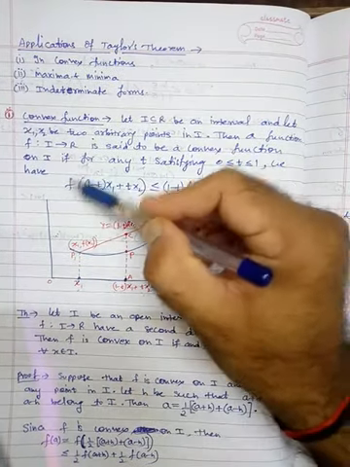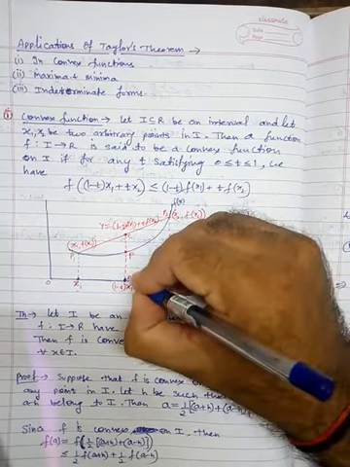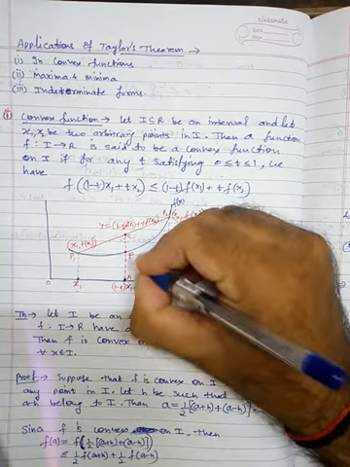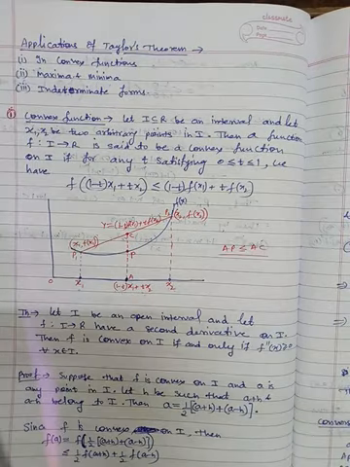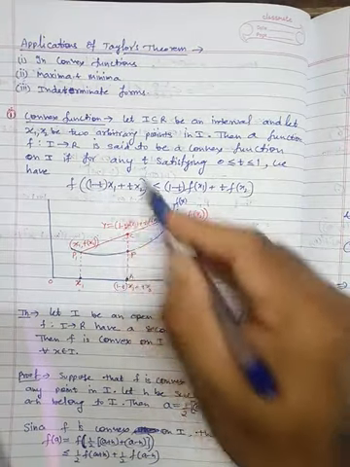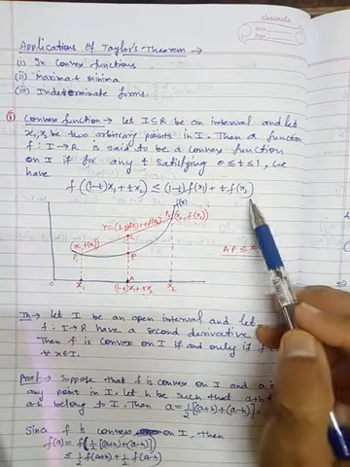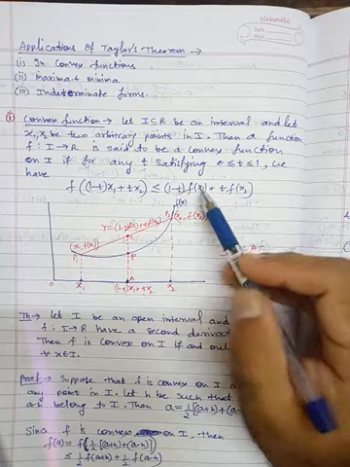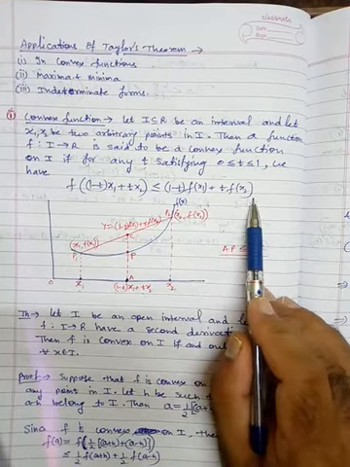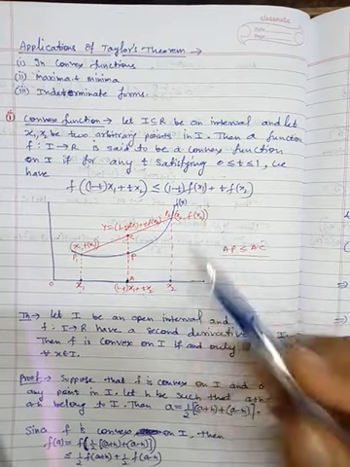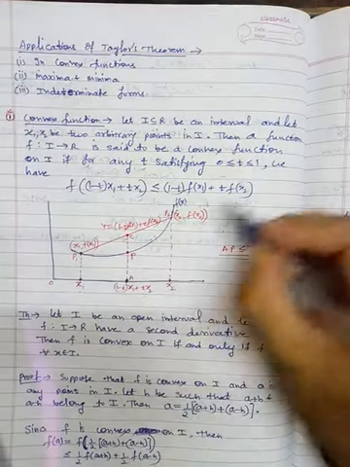Now on this line we have selected a random point and evaluated its image under f. The image under f will be this PA, so the left hand side is actually AP. Now what about the right hand side? Same concept. This is the linear combination of f of x1 and f of x2. What is f of x1? It is this height. What is f of x2? This height.